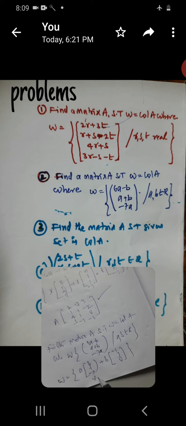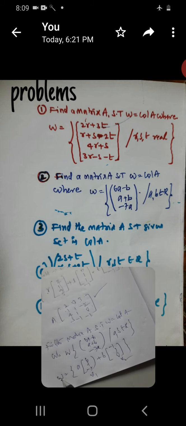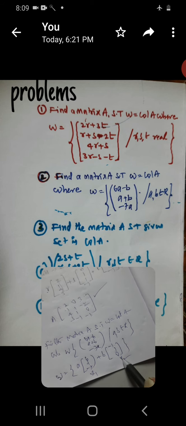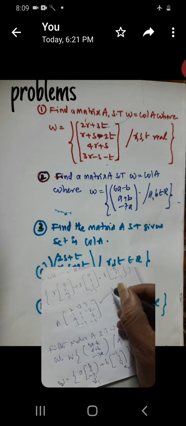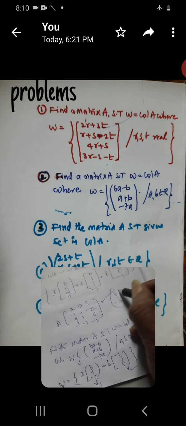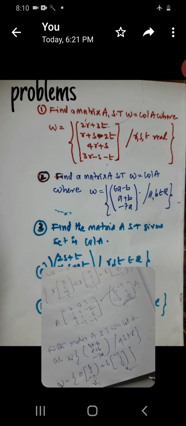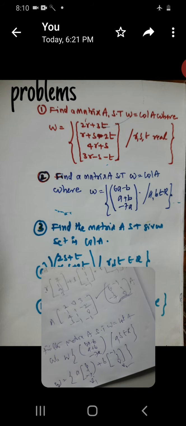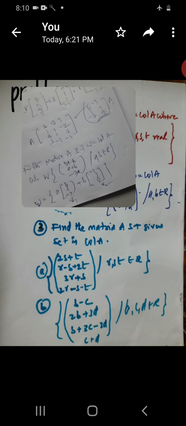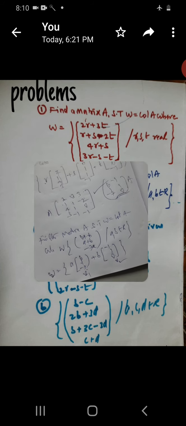This is v1, this is v2. W is a linear combination, the span of v1 and v2. W is the span of v1, v2, where v1 is 6, 1, minus 7 and v2 is minus 1, 1, 0. This is the matrix here. This type of problems are given. The same kind of other problem and a third problem will also be there. You try them yourself. This is the problem, right?